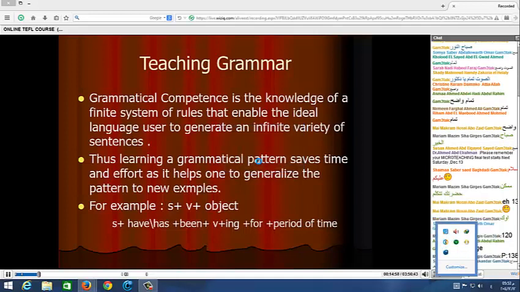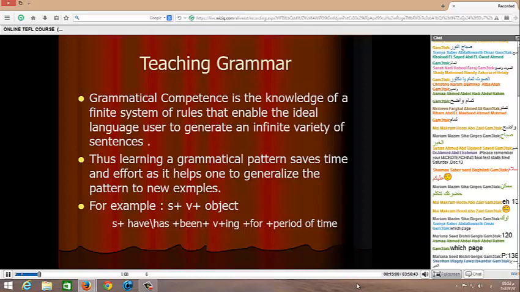لو عدينا قواعد اللغة الإنجليزية مش هنلاقيها كتيرة. خلاص؟ وبالتالي هي they are finite in number. The number is rather not too big, but we use this small number of rules in order to generate an unlimited number of sentences. لو مديني مثال مثلا